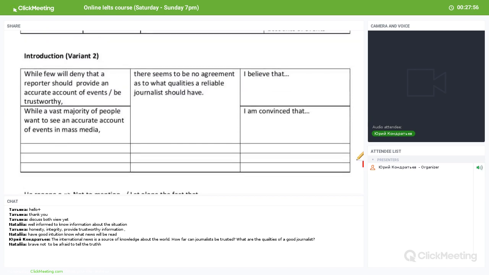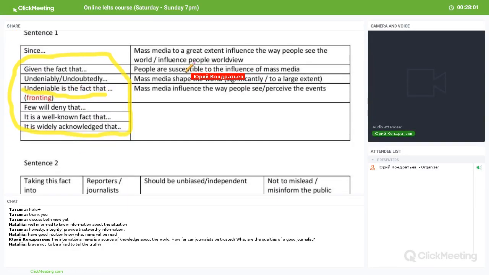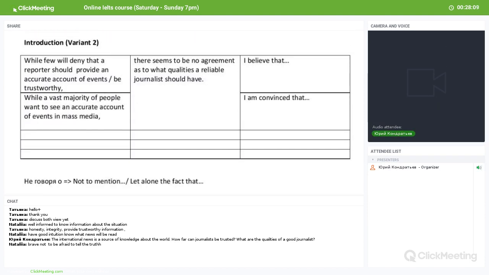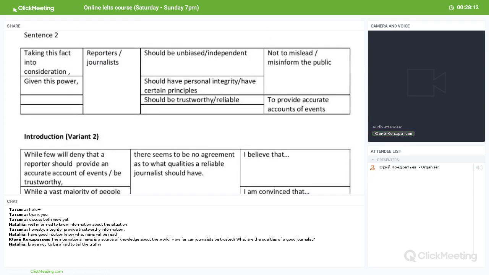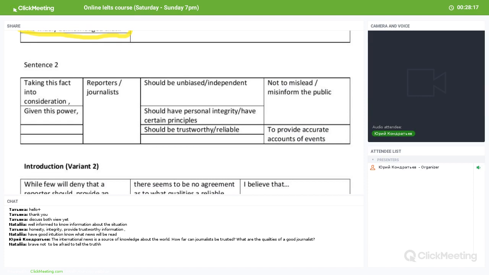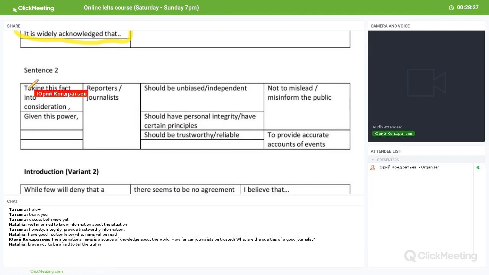Okay, so now you have about 5 minutes to write, well, maybe even less, because here you have the general statement, a way to paraphrase sentence 2, and then, instead of this, you can also try to write something like this. So here's the first sentence. You try to use the beginning from here and the end from here. It will be maybe even faster for you to write. And then sentence 2, something from here. And sentence 3, you should write your opinion. Please write it yourself.